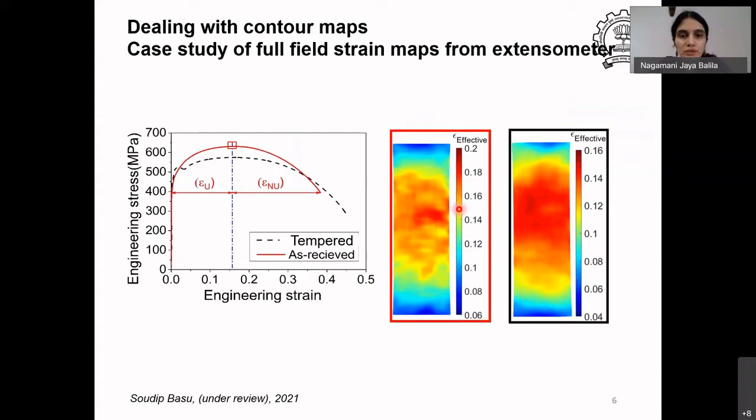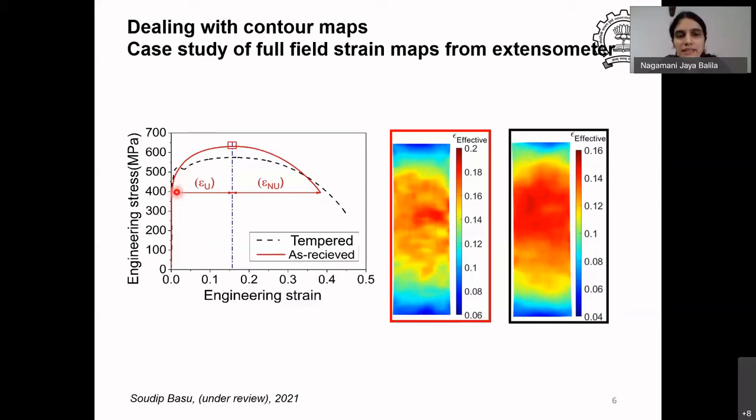So when these two types of samples were tested, one which was the as received dual phase steel, and the second one which was the tempered, heat treated steel, there was a difference in the stress strain curves that they showed. Of course, you can see that the initial elastic portion is now hidden because the total strain is very high. The initial elastic strain is actually a very small value, less than 0.2%, so it becomes part of the vertical axis. And then you see this yielding occurring at different points.